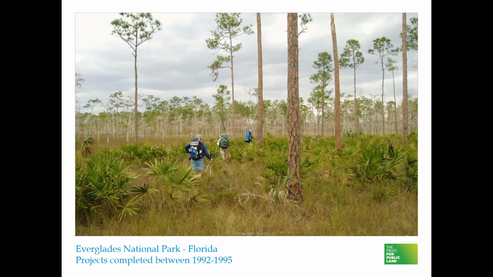We've been working at places like the Everglades, which is the park with the most acreage that we've conserved, at over 48,000 acres of remote habitat that we've protected there in Florida. And here's an example of a National Historical Site, which is the Brown versus Board of Education Historical Site